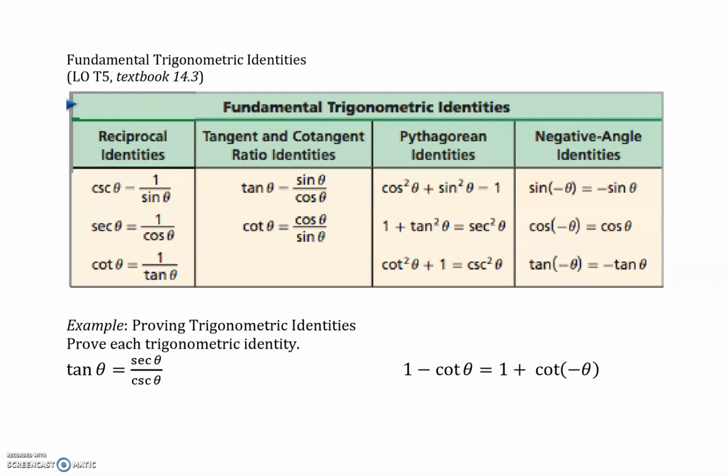Then we have our negative angle identities. Sine of negative theta equals negative sine theta, cosine of negative theta equals cosine theta, and tangent of negative theta equals negative tangent theta. And these negative angle identities I think are pretty cool because we've already talked about the